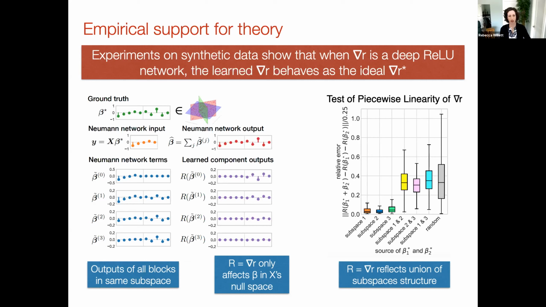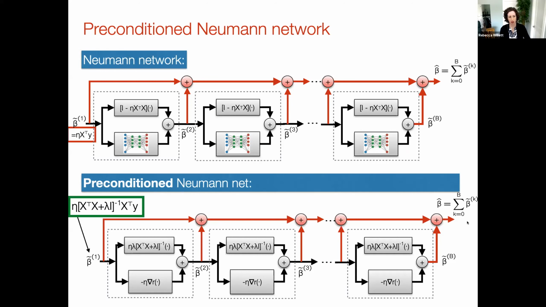But what we could also do, of course, is look at some experimental results. And what we're going to see in the experimental results are not only the Neumann network that I just described, but also a slight variant of the Neumann network, where instead of inputting X transpose Y, we're going to input a Tikhonov regularized estimate and use the Neumann network to essentially correct for that estimate, similar to some of the stuff that Carla did, for instance, in the paper that I mentioned towards the beginning of the talk. Carla and Ozan, excuse me.